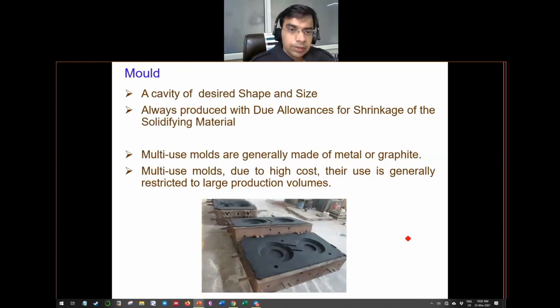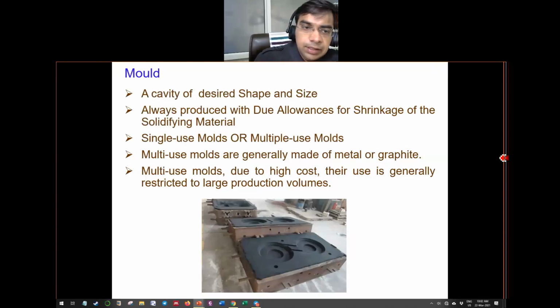Yeah. So it is mentioned here as sand casting. It is basically the single use mold. This means that for every product which is cast, the mold is a single use. Means for every new product which we make, we have to make a new mold. After every single casting, the mold is destroyed to remove the product.